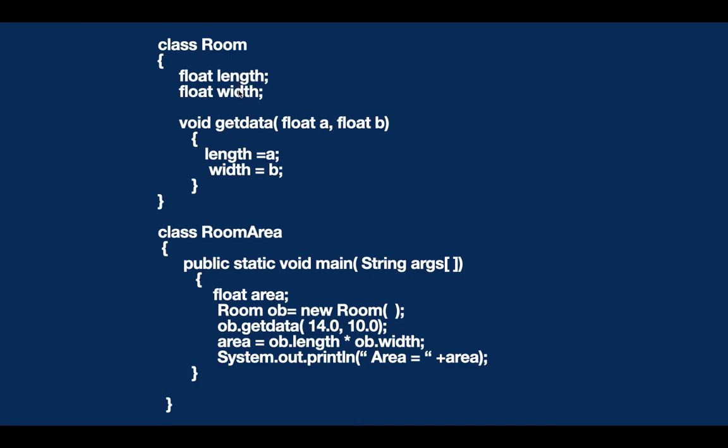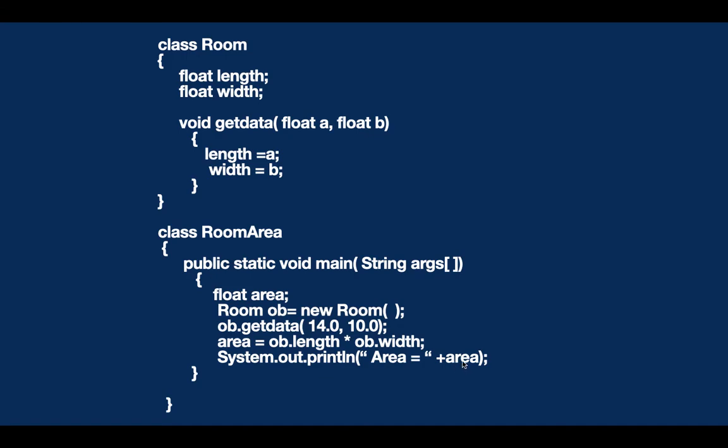Length and width are the two variables of classroom. At the same time we have an object called ob which is also of classroom, which we have created over here. So again using the dot operator we are invoking those two variables and then finally multiplying the values which we have already assigned as 14 and 10. So what actually it is doing here, we are multiplying 14.0 with 10.0, and finally whatever the output result will be stored in area.